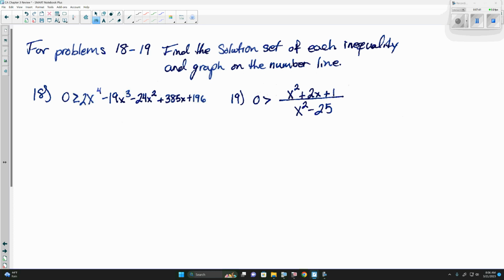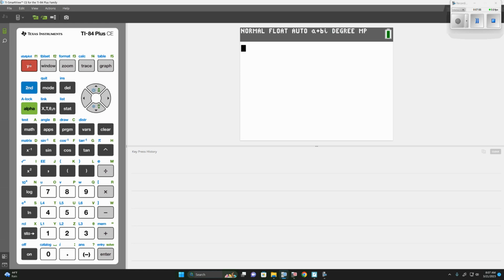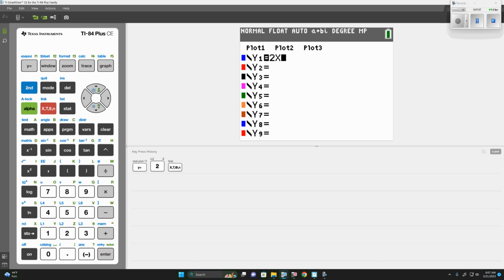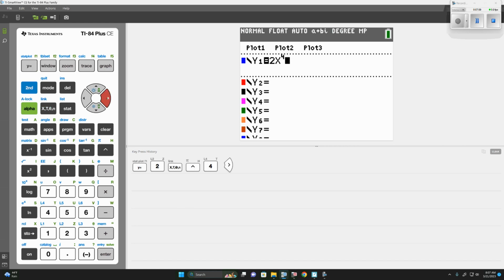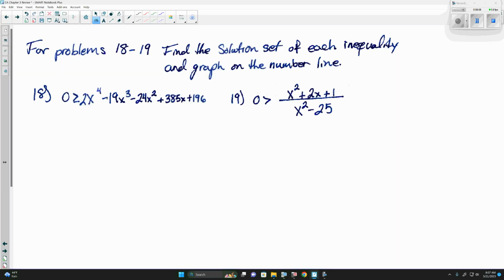And there are different ways we can go about it, but we know we should have how many zeros? 4, because the degree is always equal to the number of zeros as long as we count repeated zeros. So we should have at least 4. Now, we could start off with our rational zeros theorem. List out all the rational zeros and test each one and go from there. We could also use Descartes' rule of signs to see how many positive and negative zeros we can have. Or